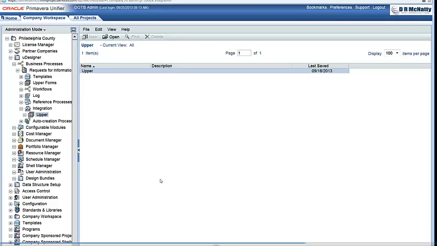Okay, talking about the two data elements that are needed in order to save the document, there are a couple of settings needed within the workflow setup. I'm just going to go to that very quickly.